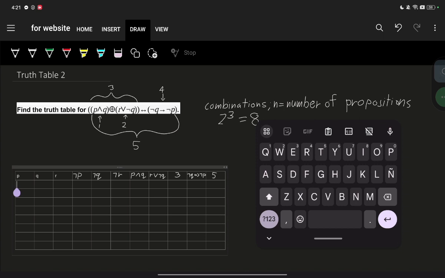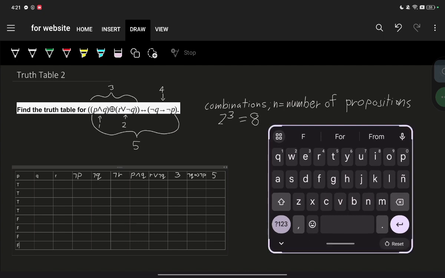So P appears first, then Q, then R. So we start with P. P will be true, true, true, true, then false, false, false, false. Oh yes, and just so I don't leave this out, to know how many combinations we'll have to make from our compound proposition,